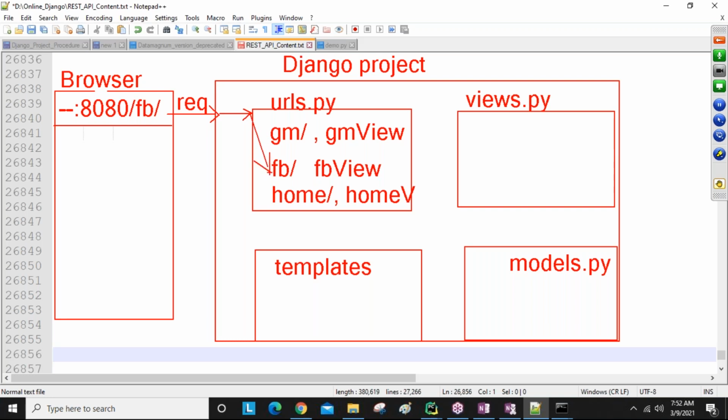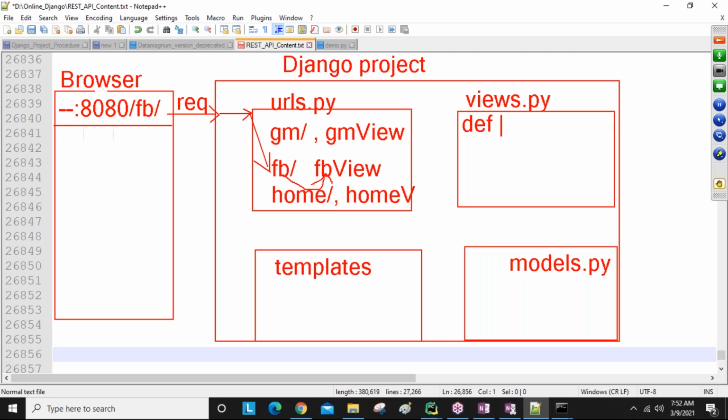If any URL is matching, then the corresponding view is going to be executed, guys. Every URL has one view. Whichever URL is matching, that view is going to be executed. Clear? So we write n number of URLs for our project, and every URL has one view. All views we write inside views.py, using the def keyword like Python functions. Later I will explain more clearly how to create views. This is just the architecture.